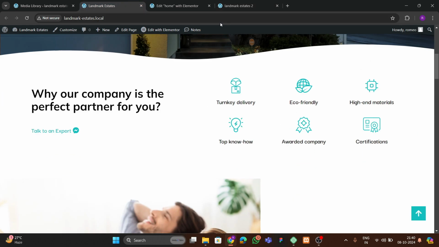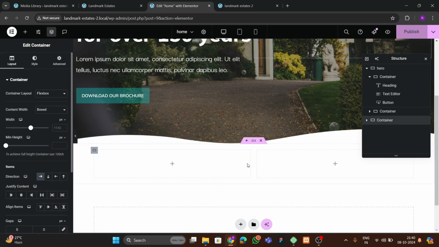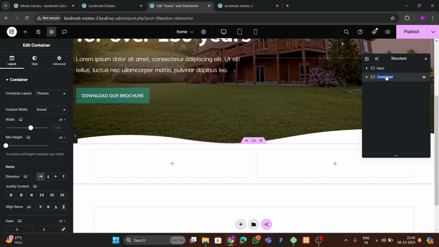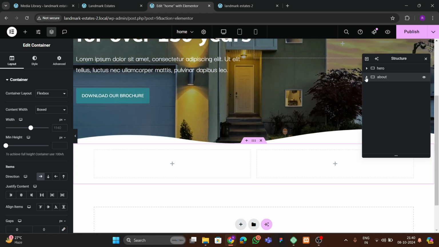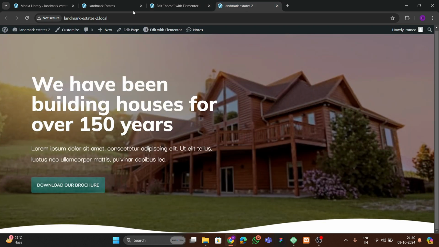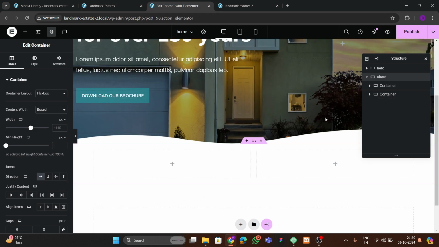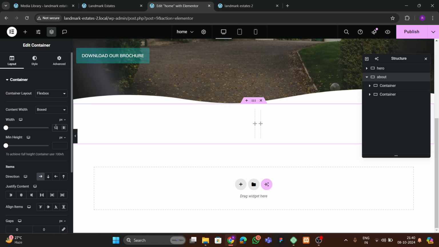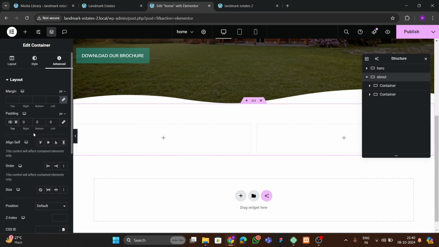So where we're gonna make this type of section. So for making this section, what we can do, we can add another flexbox with 2 containers, and let's go to this, and here we're gonna add about. Okay, then after that, you can see that right now we have this little space and this type of section. So for that, we can go to this, and here we can add 1300 pixel, and remove all the padding,